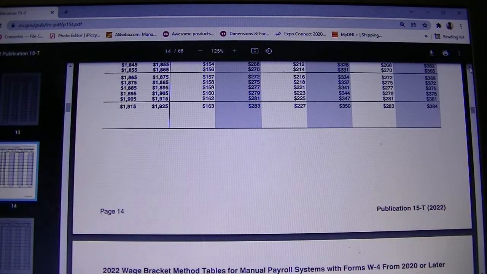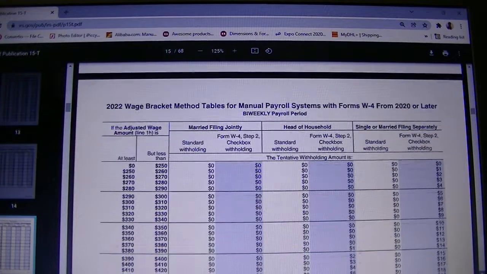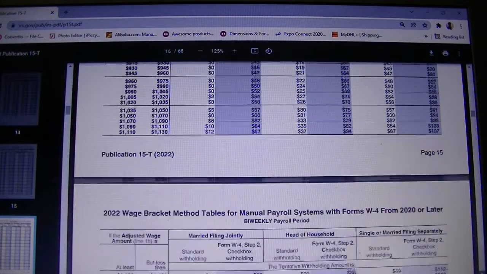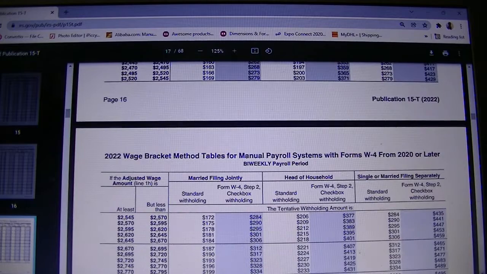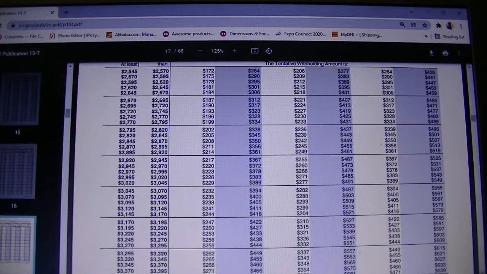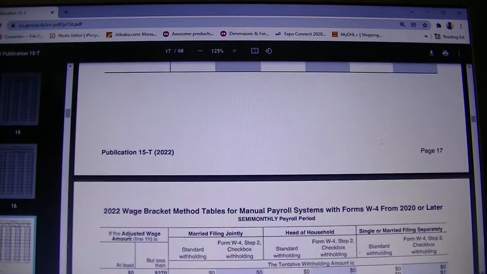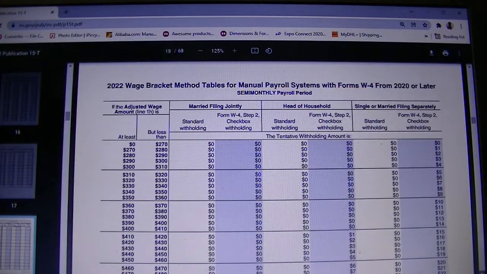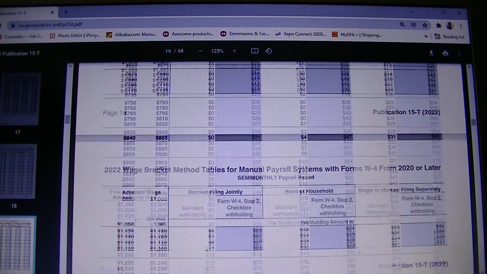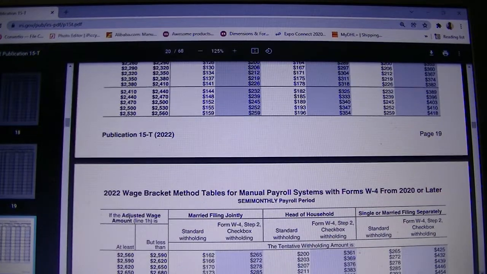Okay, bi-weekly. And if we assume you are paying yourself on a monthly basis, you will need to scroll to the period. So semi-monthly, you will use that table for it. Semi-monthly,